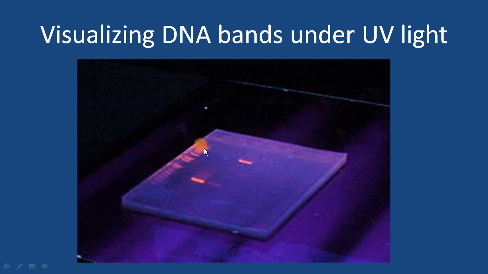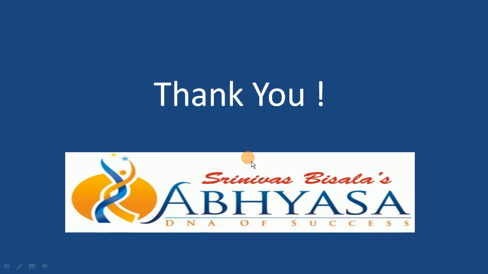So I know the size of this particular band. From that I can make out what could be the size of this particular DNA molecule, right? So in this way we visualize these DNA bands under UV light, and by using gel electrophoresis you are separating these different sizes of DNA molecule. See, in this particular well when you have loaded, it was the combination of both these, understood? But because of difference in sizes they got separated. Thank you.